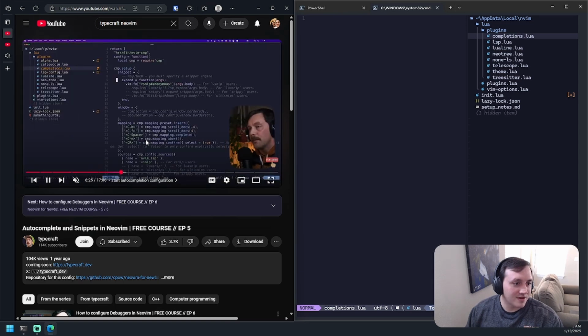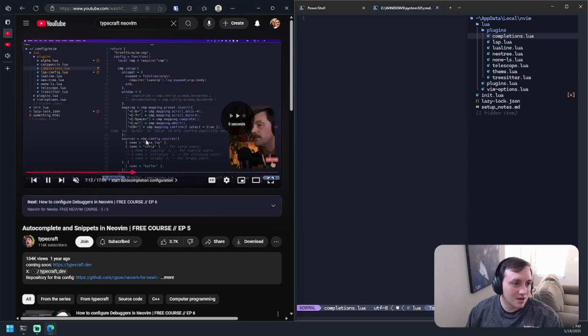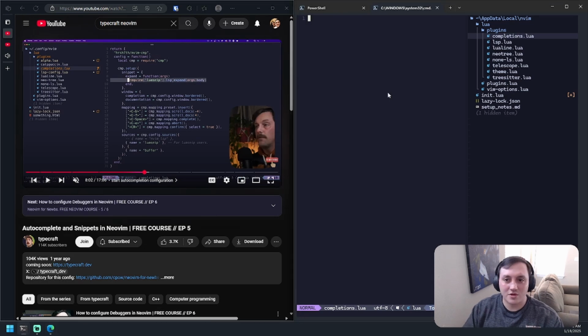So the first thing we need to set up is Neovim completions. I'm going to let him go through and clean this up, that way I don't have to watch him do that. Okay, so the first thing is, this is actually going to be multiple plugins here. So I'm going to return a table first, and then I'm going to put another table in here. Let's see, and this is going to be hrsh7th/nvim-cmp. And we have our config, which is a function. Then we need to declare a local variable,